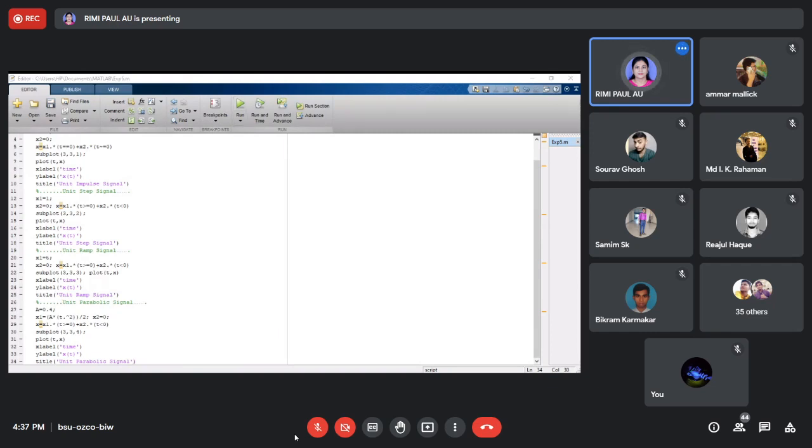So you cannot get any sound. So there is no error. Now you have to check whether there is an error or whether I have got any figure. Okay. So first I will check the command window.